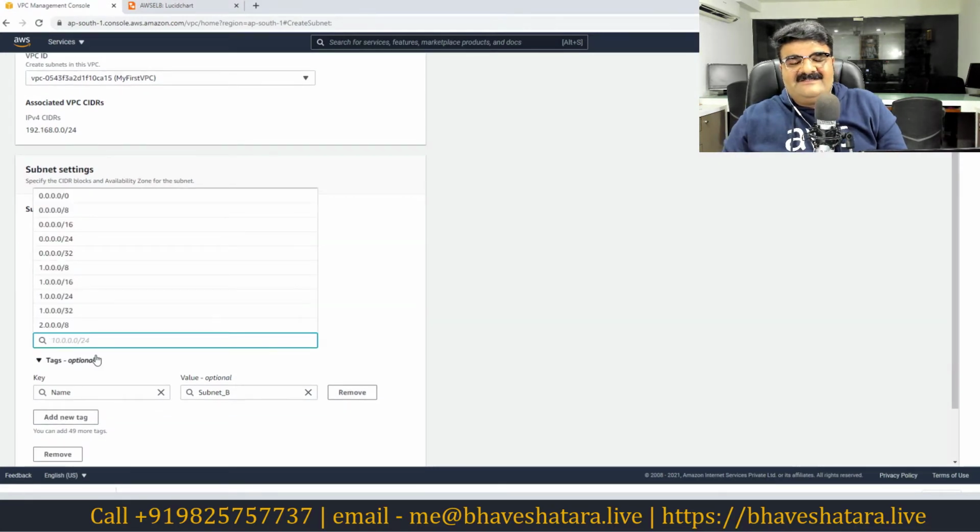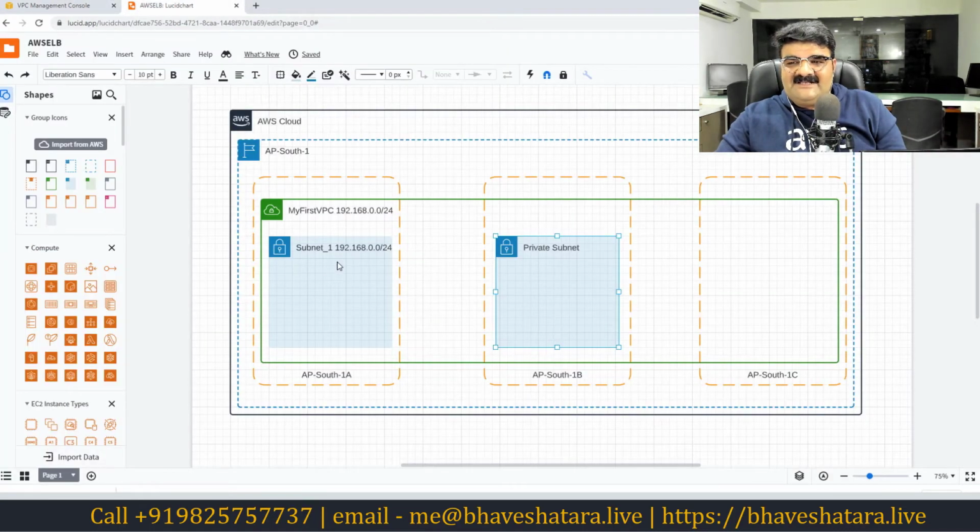Now I will be in trouble, because I just assigned this particular IP address range, 192.168.0.0, to the first subnet. I used the entire IP address range with that subnet. Now if I want to provide any IP address range to this subnet, I cannot use it, because I just assigned the full range to subnet_1. So I don't have any IP address range for subnet 2.